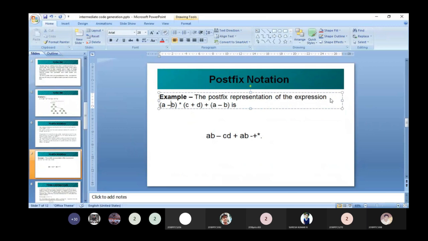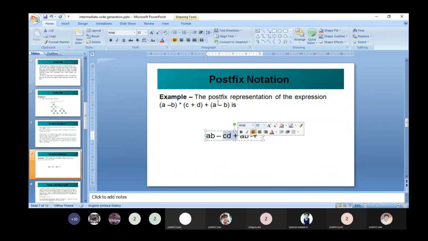Operand 1 is A, operand 2 is B, so we write A, B, and then the operator, minus. So AB minus. And then we have C plus D. How can we write that? The parenthesis has the highest priority, and then star and slash, and then plus and minus. So C plus D means we write CD plus.